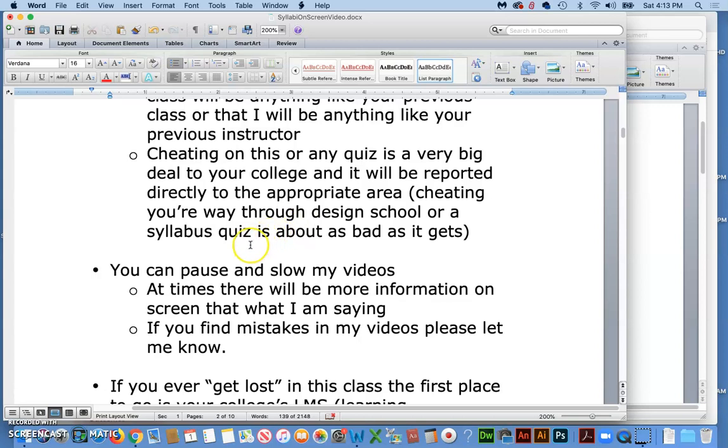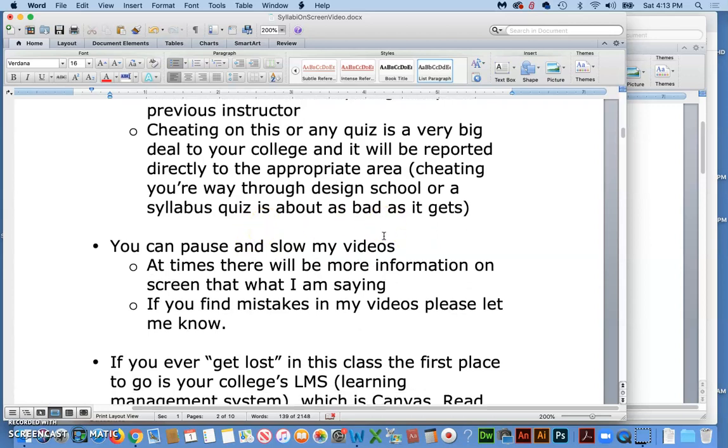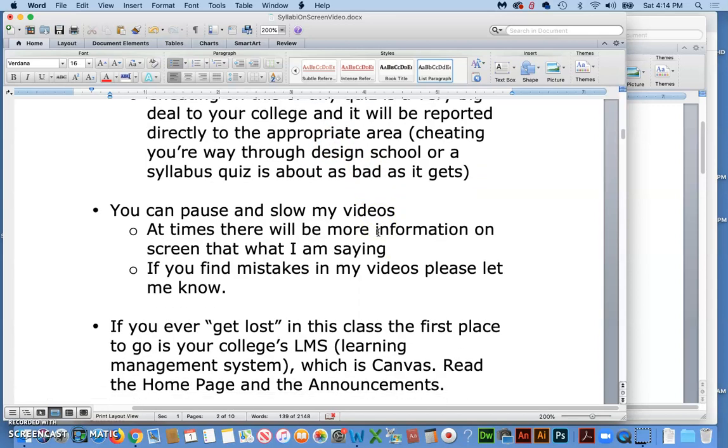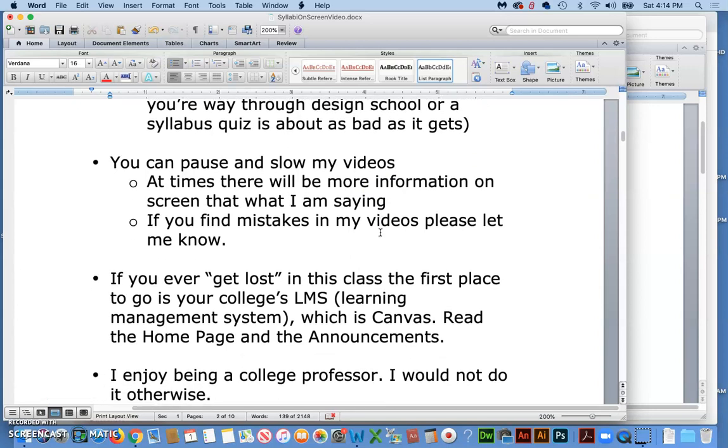Also, cheating on a quiz that's designed to let you know how a particular class runs and what to expect is about as bad as it gets too. In case you don't get what I mean about cheating your way through design school, if you just faked a degree in design or animation, sure, you might get a job, but you're not going to keep that job without the knowledge that is needed for that industry.